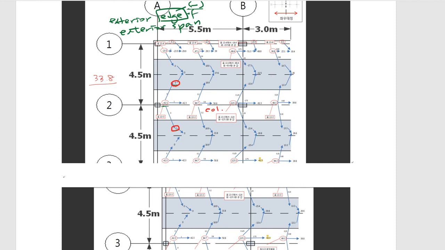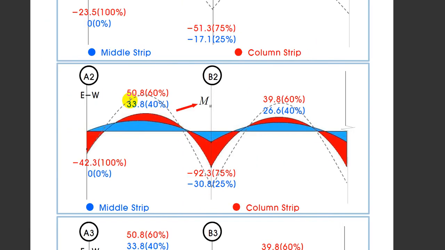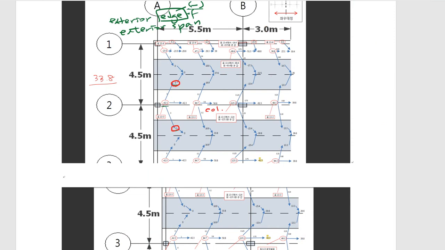If you remember here, see the 50.8 and 33.8, but that 33.8 should be divided by 2. Should be divided by 2 here. Why? Because you have one middle strip here and another middle strip over there. You have two middle strips for one column strip, right? So we have two middle strips